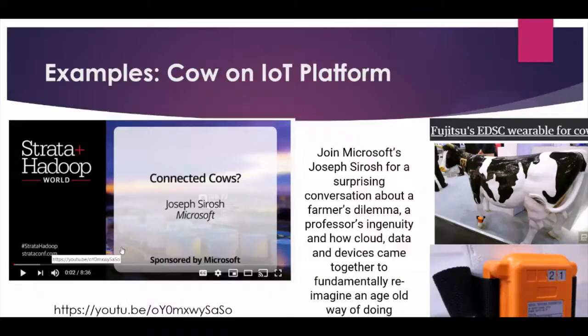Okay, so now Fujitsu has developed this device. Microsoft has also given the solution, and they have connected this overall system with their cloud, and then they are doing real-time messaging and other decision making. So this stress detection system is actually a small device. You can see how a cow can wear it.